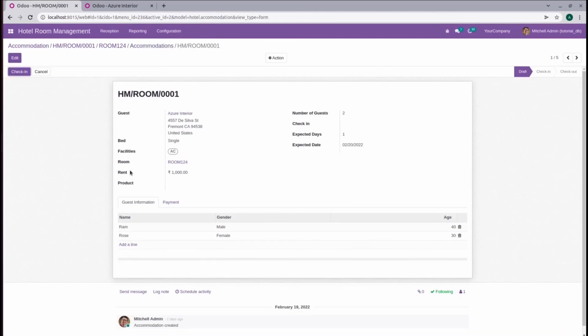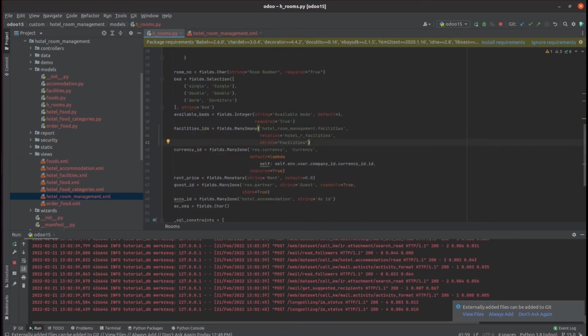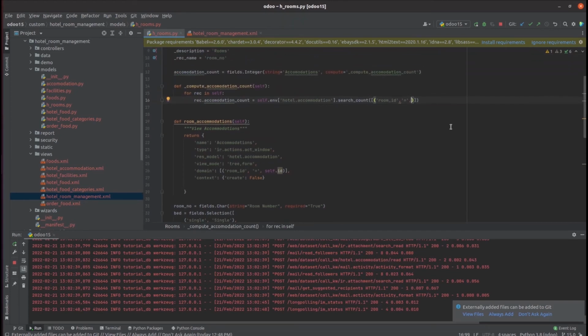Let's check the technical name of the room field in the hotel.accommodation model, which is room_id, equal to rec.id.